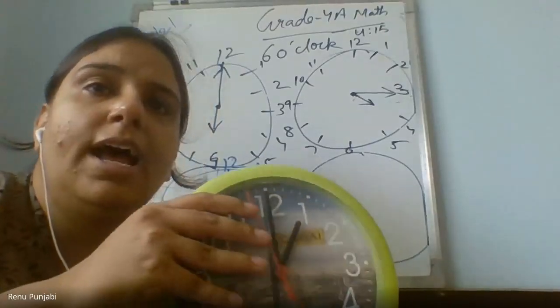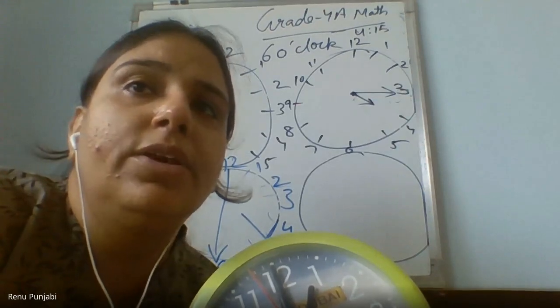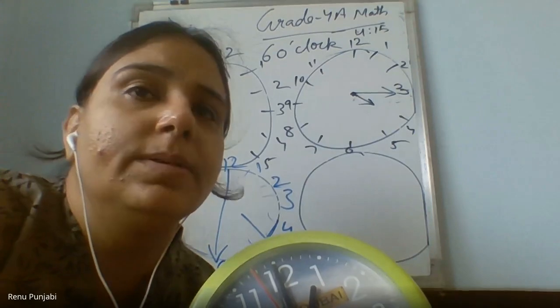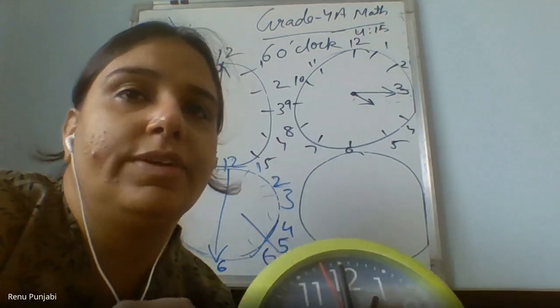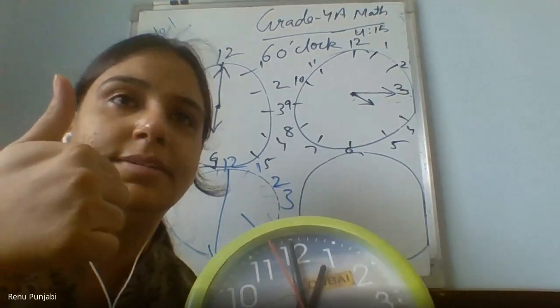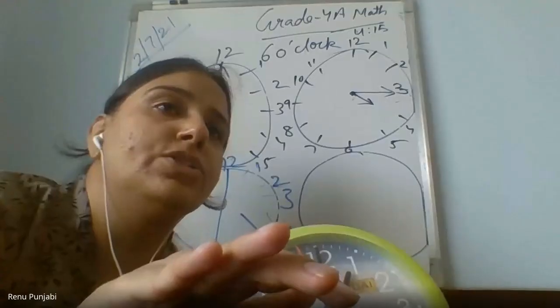Ma'am, see mine. Wait, Astha. Yeah, Astha, I've pinned you. What time is your clock showing? 12 o'clock. Very good. Very nicely she has done. Ma'am, now I can show 3:45. Very good. Very nice. You did it by your own? Yes, ma'am. Excellent. And very neat work also we can see.